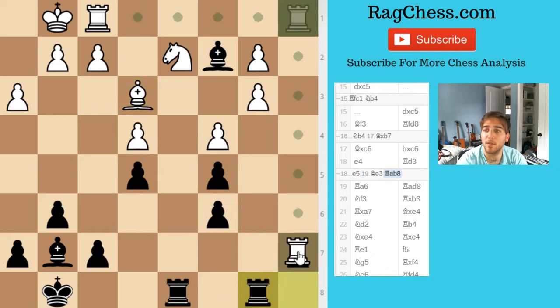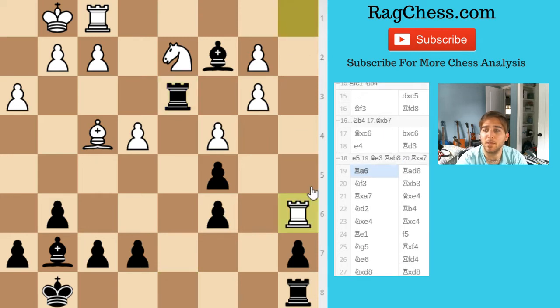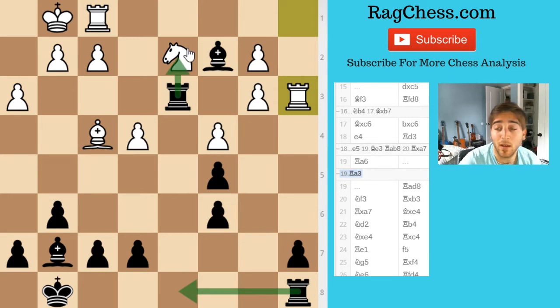I don't know, there's too many things to hold on to, I think, in this game. That's what made it a little bit complex. So anyway, he comes up here. I thought in the game he was going to come here to defend this pawn. And then what I would have done probably would be just double my rooks up, maybe eventually trade here, go